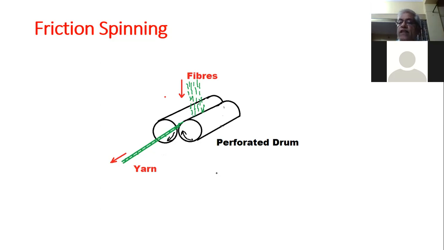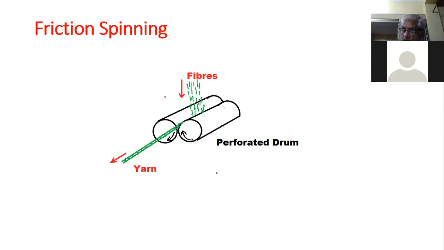So in this case, very high speeds are possible, up to 500 meters per minute. But generally, we are not running this machine at 500 meters per minute because we are getting very uneven yarn, and strength is also less. So we are getting the best results at 200 meters per minute. So we may vary the speed as per our requirement of the yarn. Yarn tension is very low. Another salient feature is that yarn tension is very low.